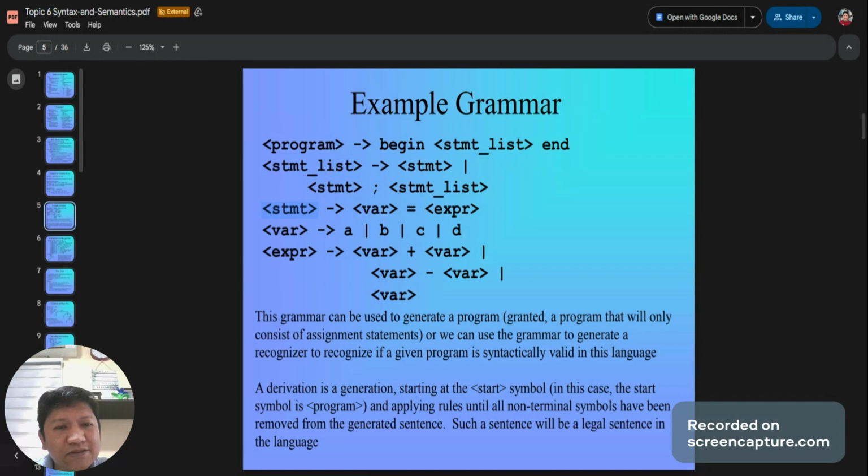A statement can be a variable and expression assignment. A variable can be any of the valid variables. Expression could be the currently available expressions, probably arithmetic, logical, or relational operations.